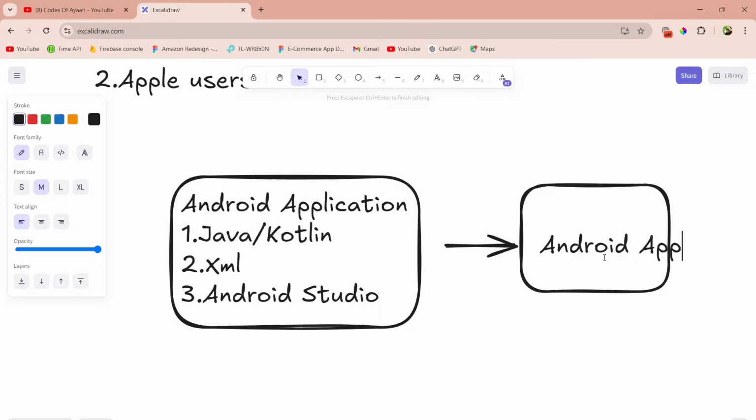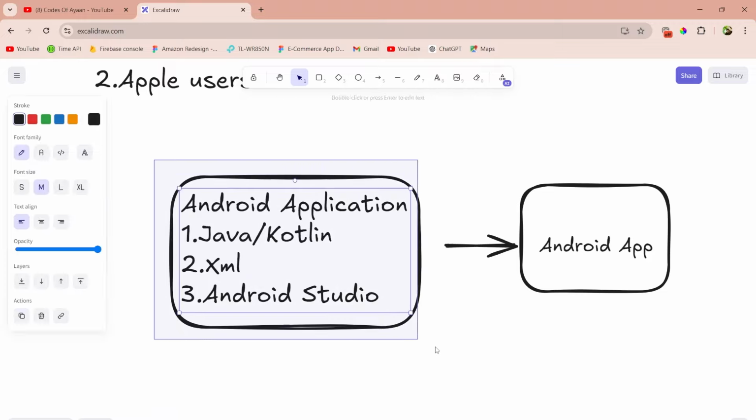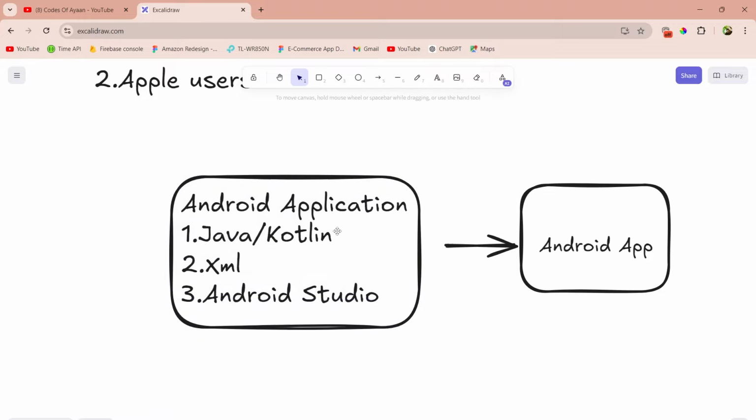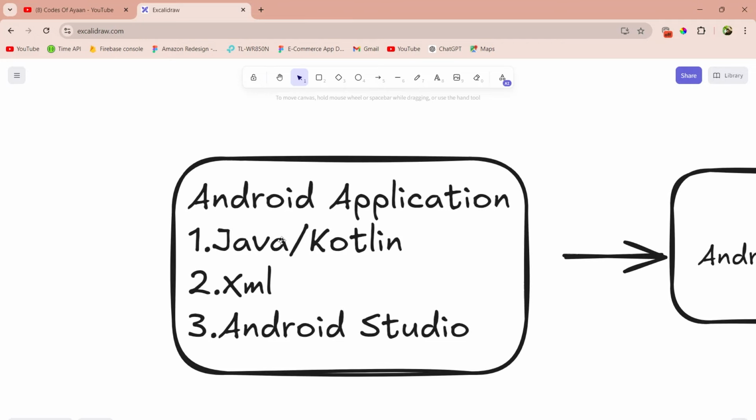Android app. Perfect. To create an Android app I need to learn and use these three things, then only I can create an Android app. Now, what are Java and Kotlin? Basically, you can learn Java. Java is basically a coding language. If you are hearing this for the first time, Java or Kotlin, these are the